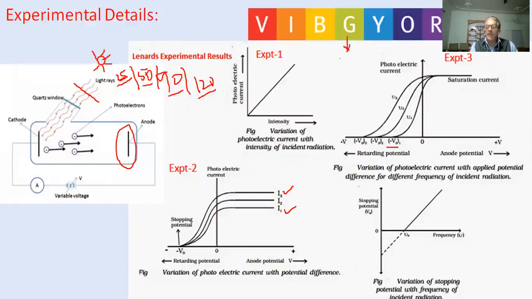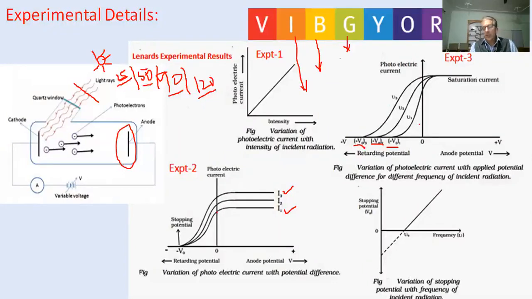Now we move back with the same intensity, but we are replacing the light by a blue light. Now blue light has a greater frequency. When we use it, we again repeat the experiment. Now in the second case, you will see you have to apply a higher stopping potential so that the current becomes zero, and the curve becomes like this. And in the third case, you are now using violet or indigo light, and again you repeat the experiment and again you have to increase the stopping potential so that the current